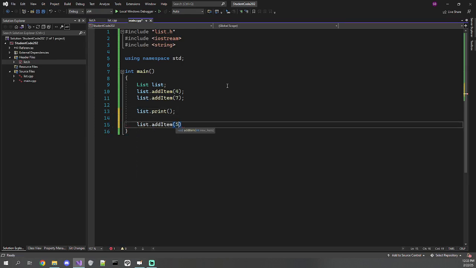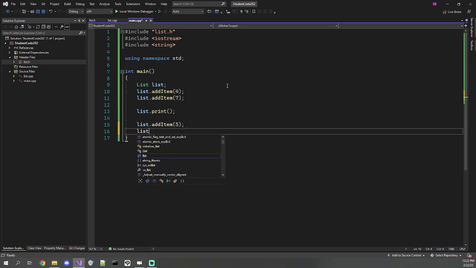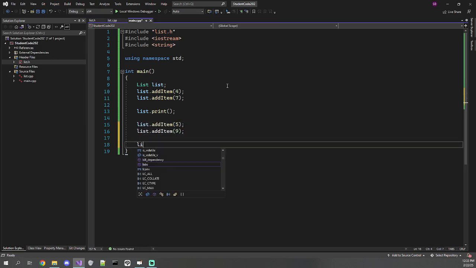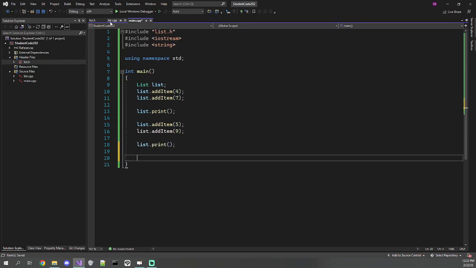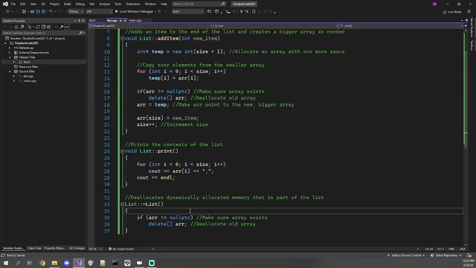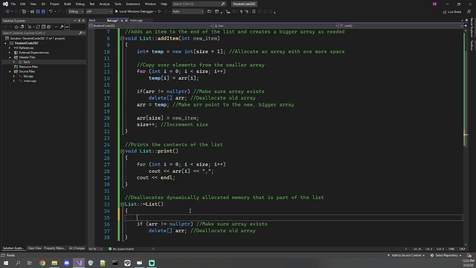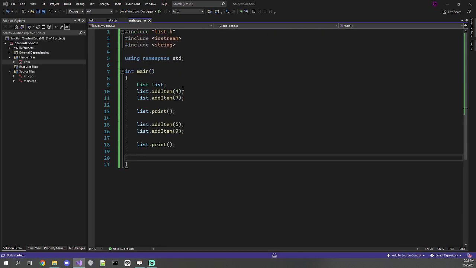Add item 5, add item 9, and then print that out again. And just to see in action that the destructor works, let's just say cout destructor. So when this function is called for the destructor, we'll see that it gets printed. And if I run this,